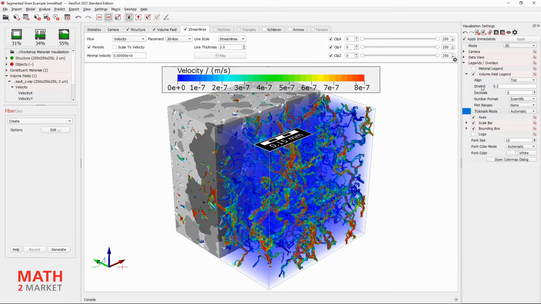I will now apply the settings as they are shown here. This gives us a nice slim volume field legend that doesn't steal the show from our simulation result, but completes it.